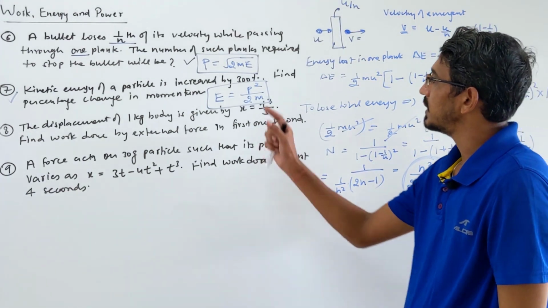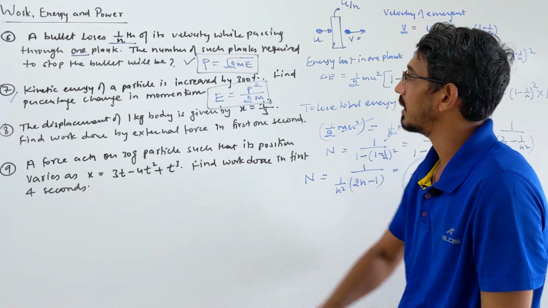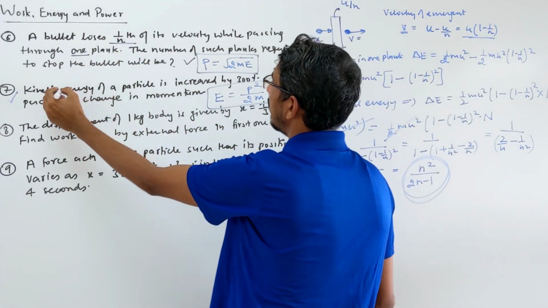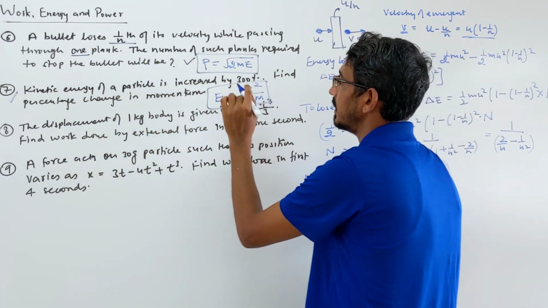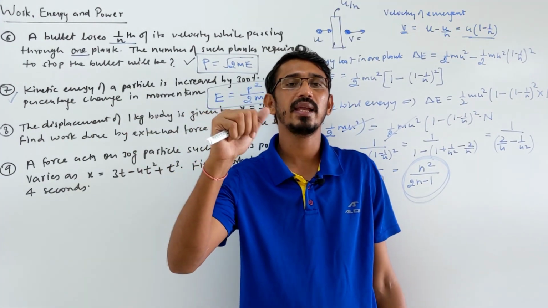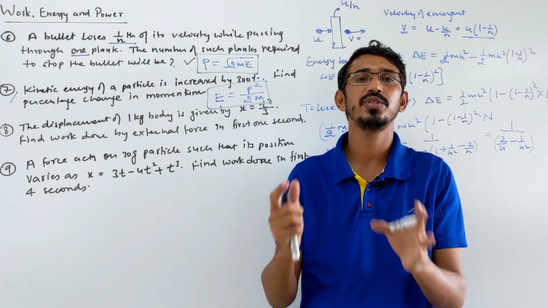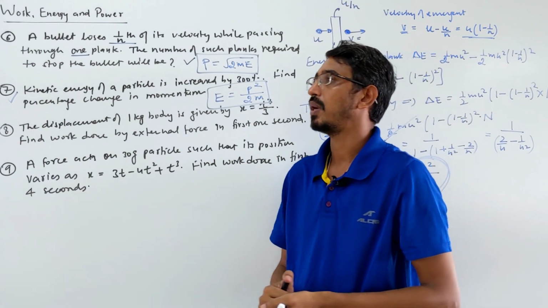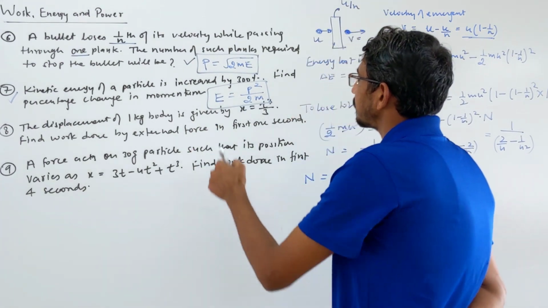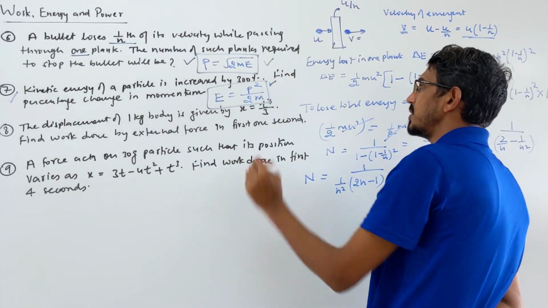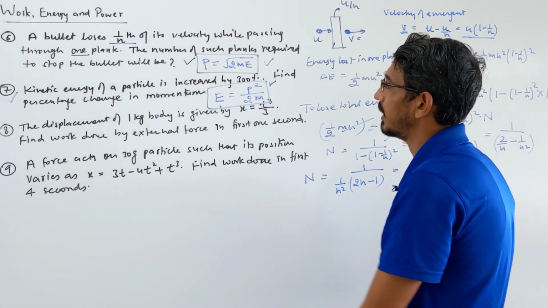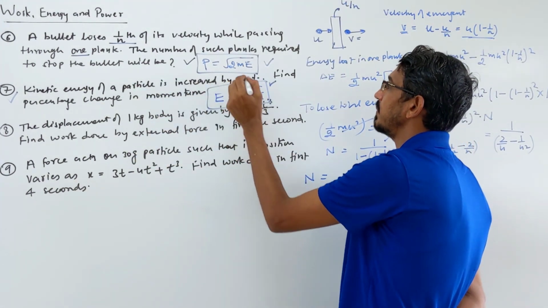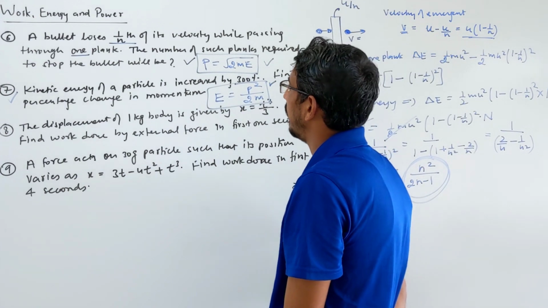On this they ask 3 types of questions, I will tell you. Look at this question first. The kinetic energy of a particle is increased by 300%. I gave this type of question in the last exam you wrote, based on consideration of momentum, so I told you I would discuss it here. So look here, first you have understood these 2 relations, and now look at the question: the kinetic energy of the particle is increased by 300%. Find the change in momentum.